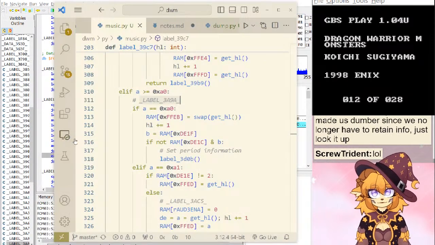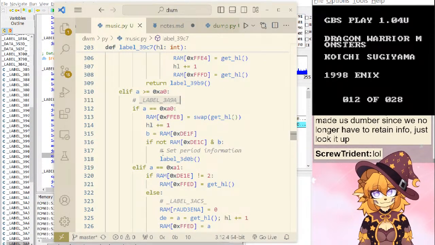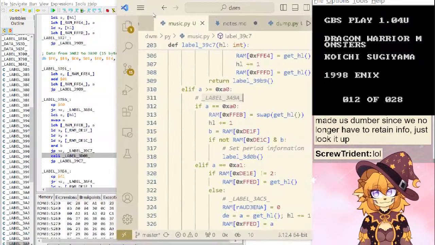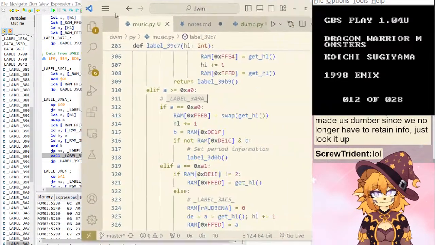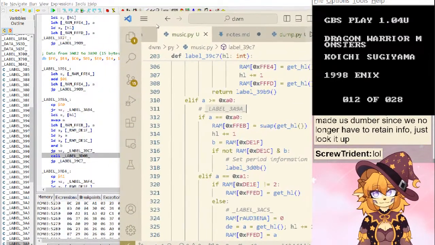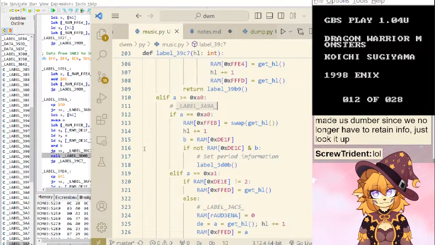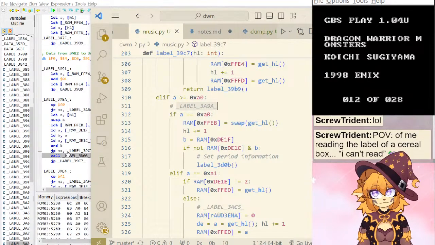So we use this result and send it off. Will that make it 0? Oh. No, if it's non-zero, it jumps. So if it's 0, it goes here.